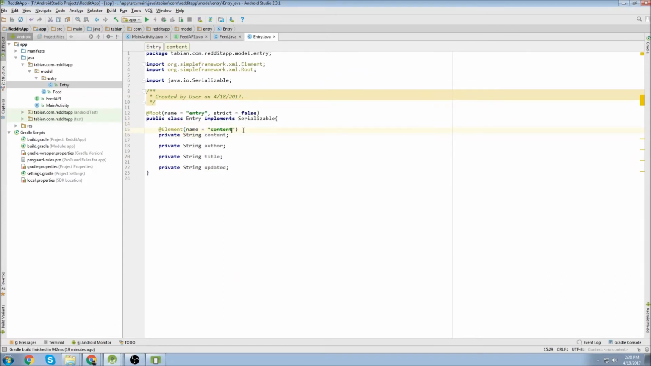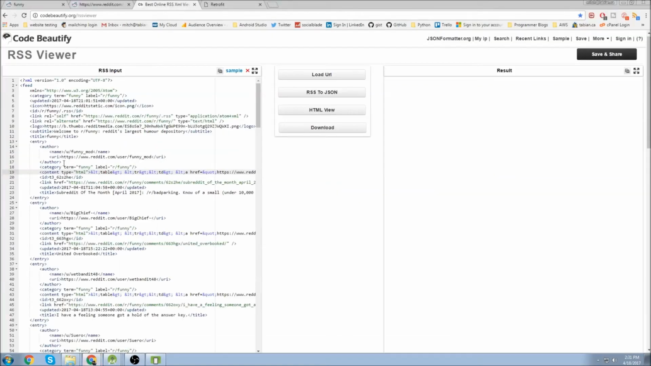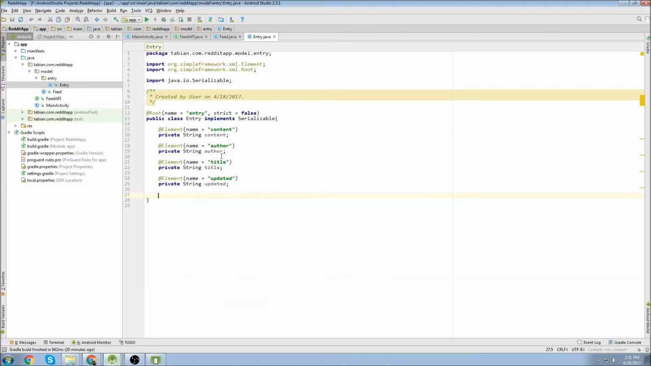And then just like before, we grab this @element and we give them the proper names. So this one will be content, and I'll copy it. Paste, paste, paste, and this one will be author and title and updated. And because we're creating a list in this entry object, I guess I'll call it, repeats over and over again, we're going to need a default constructor